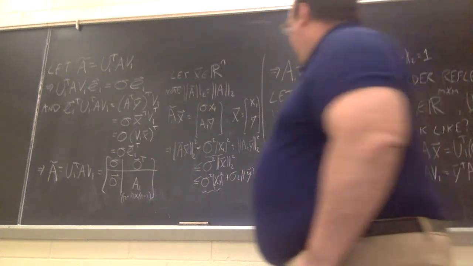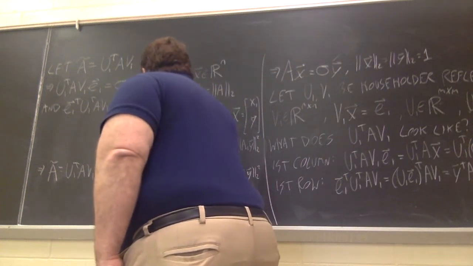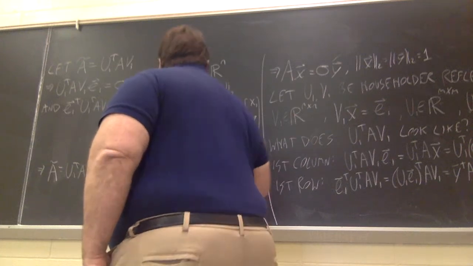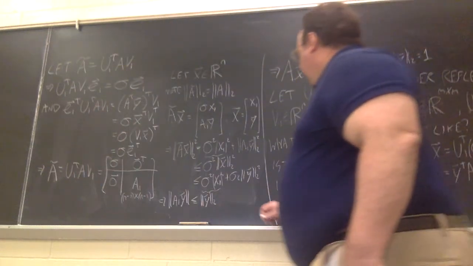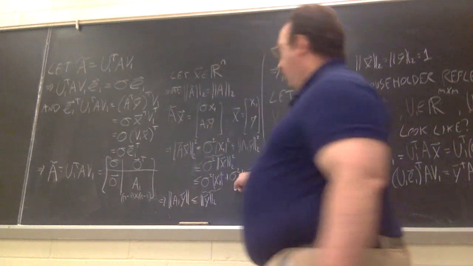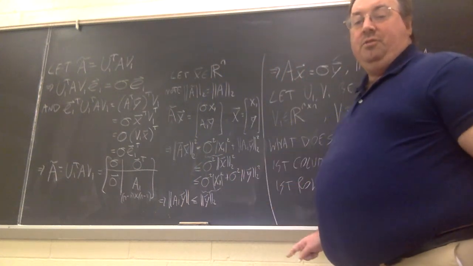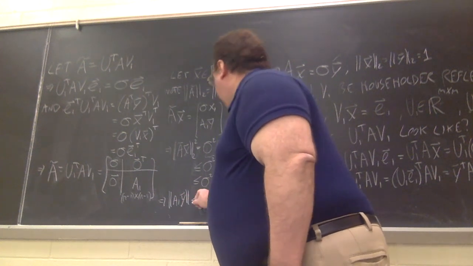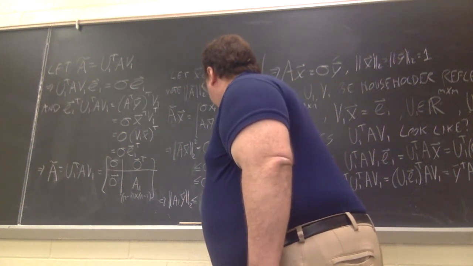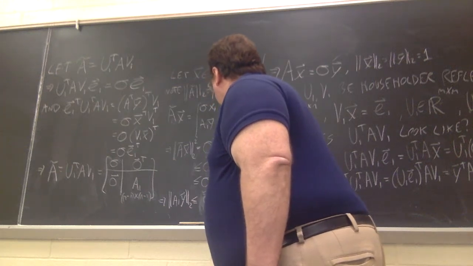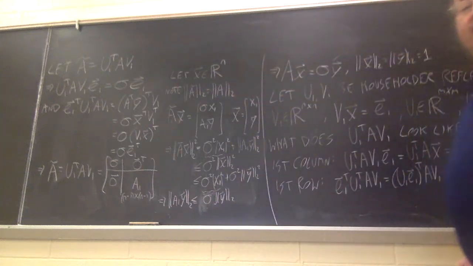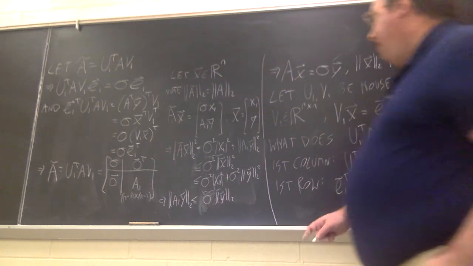So what that means is 2 norm of a1y is less than or equal to 2 norm of y. Oh, whoops. That should have been sigma squared, not sigma sub 2 that I wrote earlier. So 2 norm of a1y is less than or equal to sigma times 2 norm of y. But sigma is the 2 norm of a. So